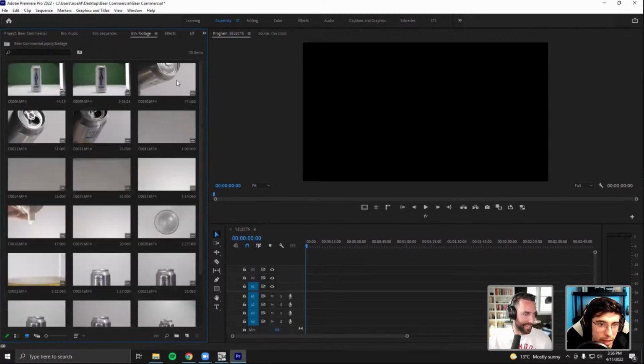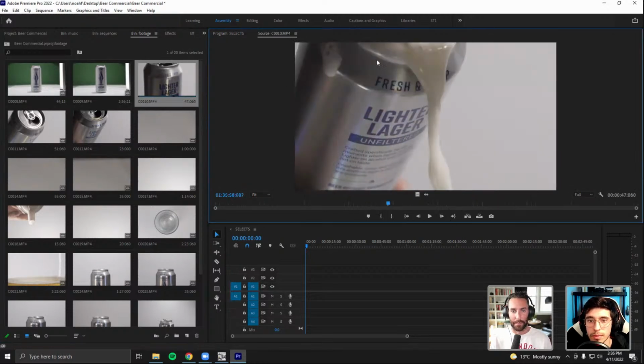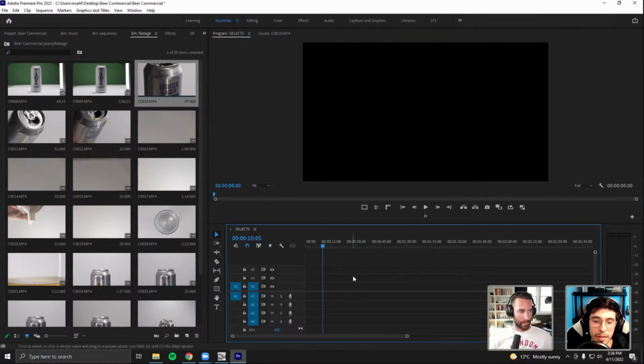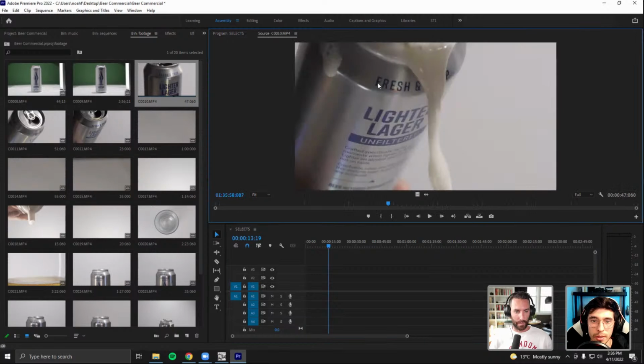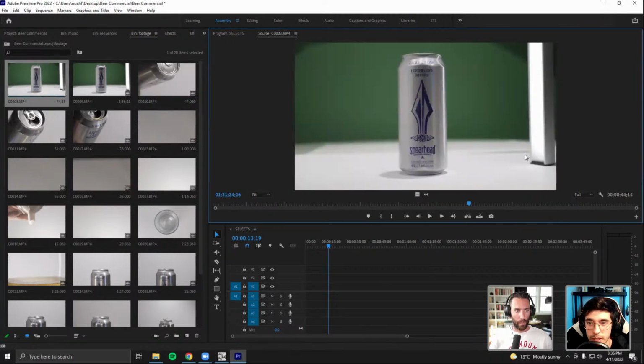So I'll show you guys. I'll just keep my footage folder open here. I'll have my selects here, and then where's the program window? Right now we have the source window, and the program would be if I was scrubbing through the timeline. So I'm just going to be in the source window and go through these one at a time. And really what I have here is just some shots that I took of the product on a green screen.